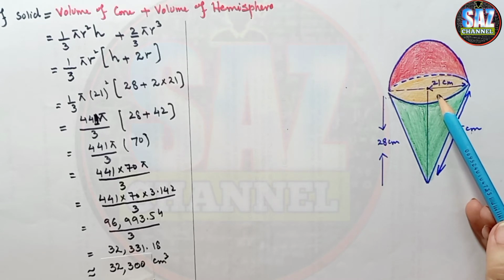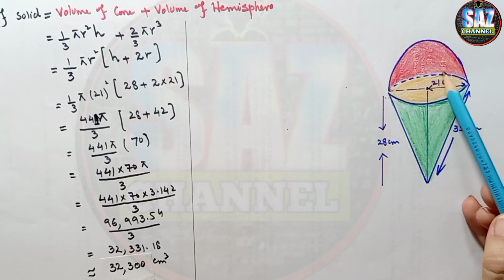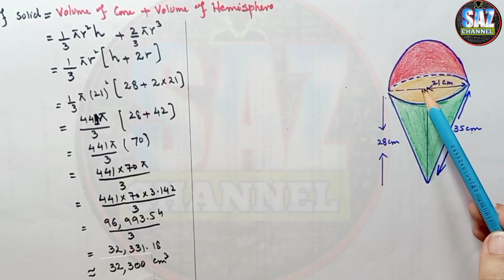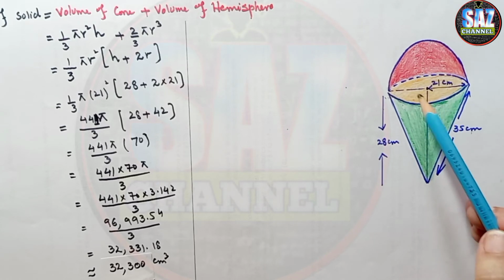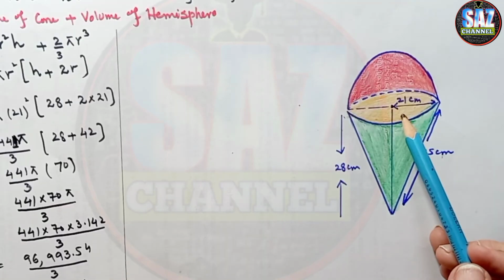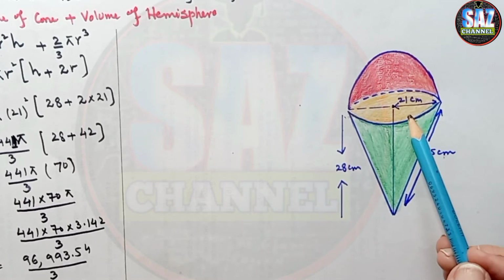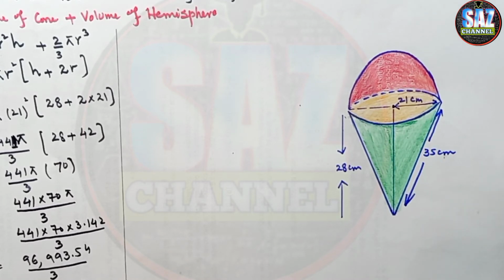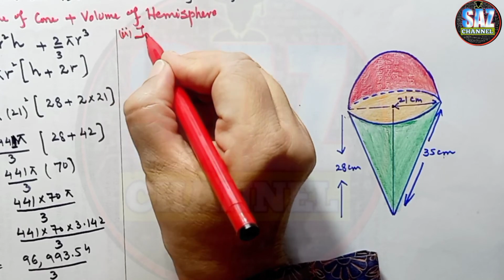So if we look at this diagram, we can see that this circular top of the cone or this circular bottom of the hemisphere, from this place these two solids are joined together. So this portion of the diagram will not be considered for the calculation of area. I hope now my students are clear, and now the question will really be easy for my students. The second part is the total surface area.